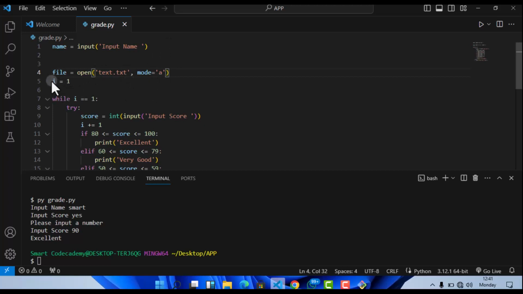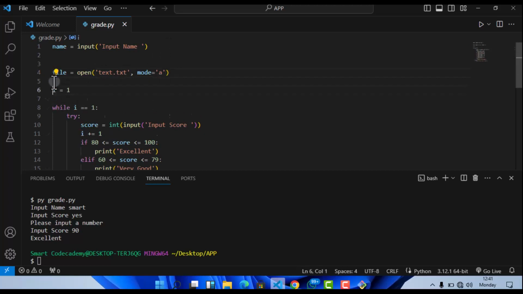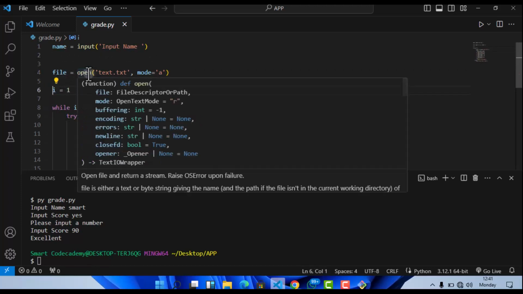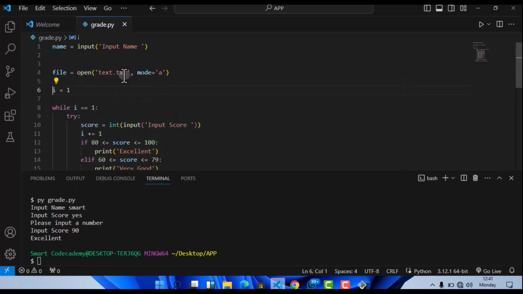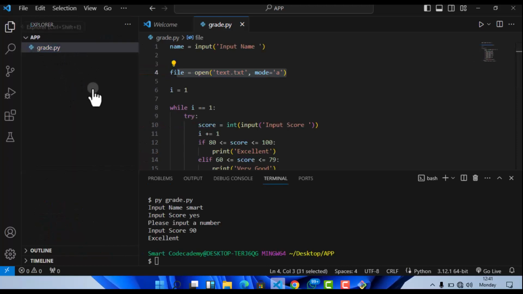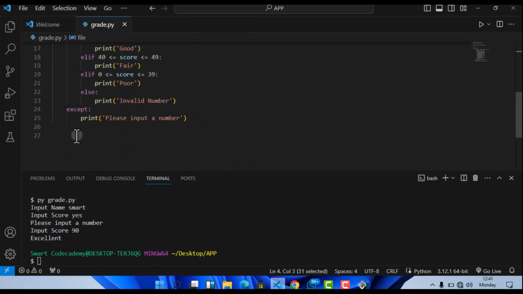So what am I doing here? Quickly, I'm creating a variable called file, then I'm handling a file. Now this file is going to be called the text file, and the mode that this file has is A, so that I can append something inside of that particular file. Now I'm going to save something inside this file, and we're going to see it come up here. So let me just quickly do something. Now I'm coming outside everything. If I say file